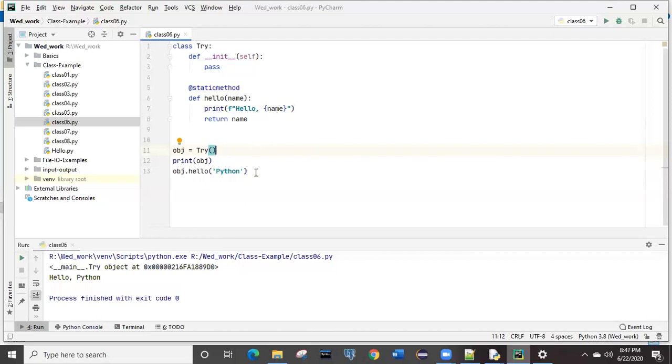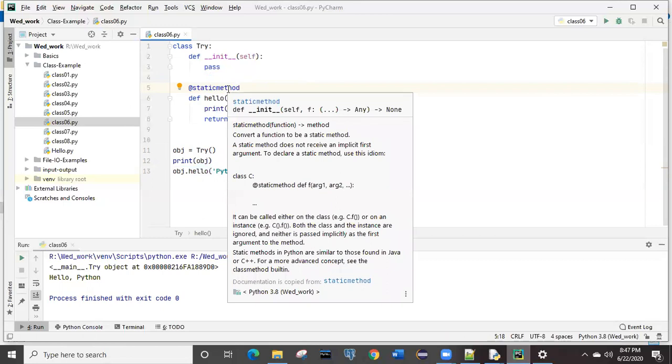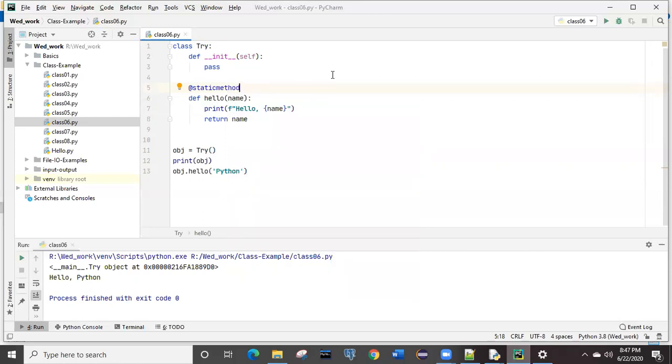A task for you now, a small task, only a small change you need to do. As it is working according to a normal method, not like a static method, then what is the meaning of this static method? Why are we using it over here, right? There may be a question in your mind. If you highlight this one, it will give you the definition, but this definition will not make the working clear.